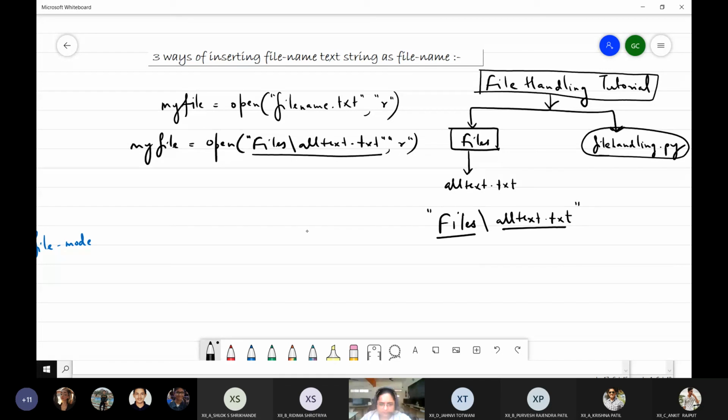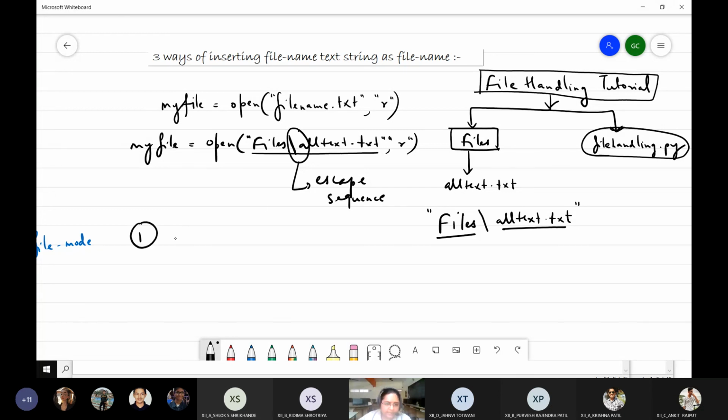In this case, it is okay. But look at this very carefully. You see this slash and all text. Slash a, if you remember, is an escape sequence character which is used for the bell sound. So in order to write this slash, or identify the slash as something separating the folder from the file, we need to use three ways.